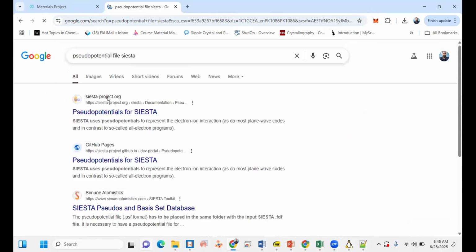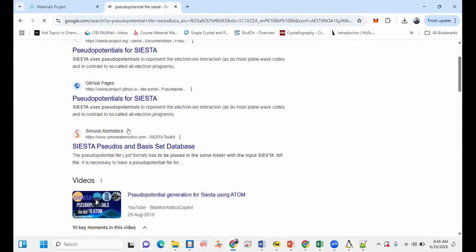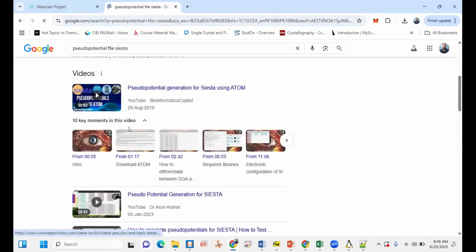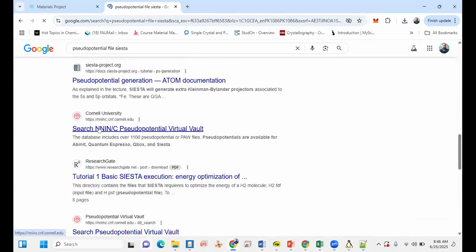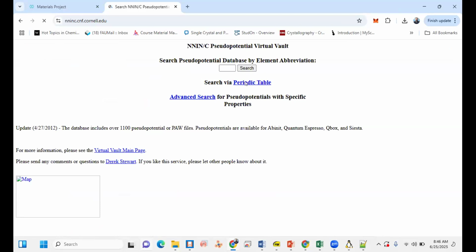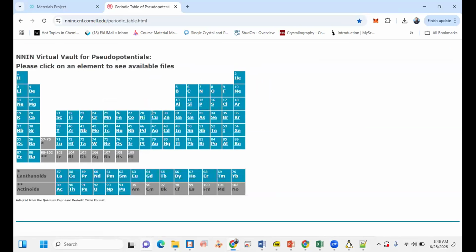So I will write here the pseudo potential. You can also download it from Cornell University. If you go there, Cornell University, and you go to the periodic table, and I download it.